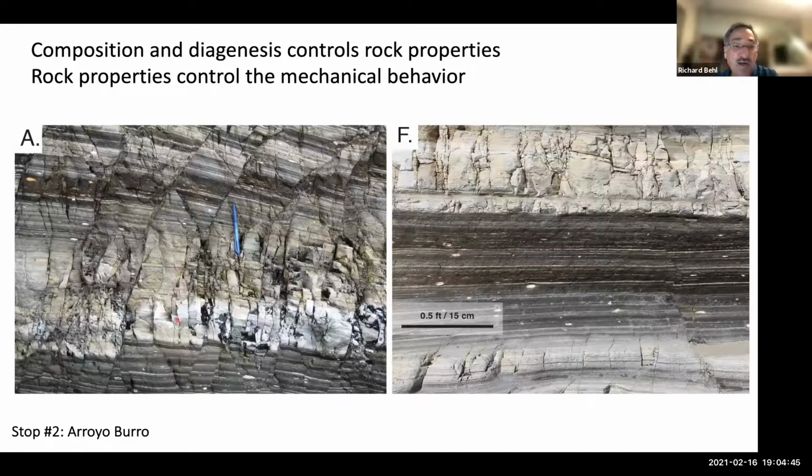But when you go into this highly cemented brittle layer, instead of having the normal faults, all of a sudden they become vertically oriented and closely spaced opening mode fractures. So this whole rock body has been strained the same amount, but by different mechanisms because of the different properties of the rock. Now, this has some real implications in terms of fluid flow, because this kind of normal faulting